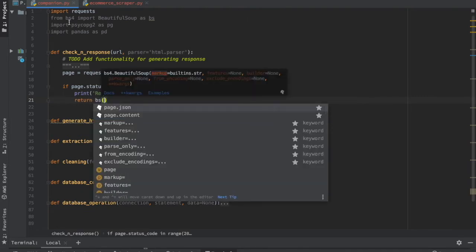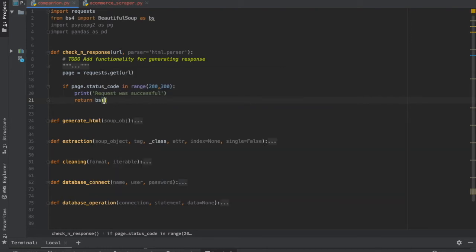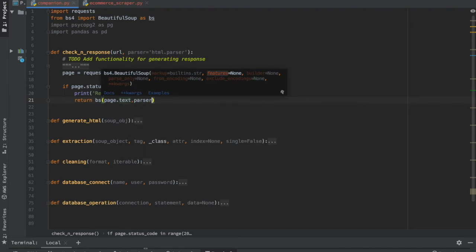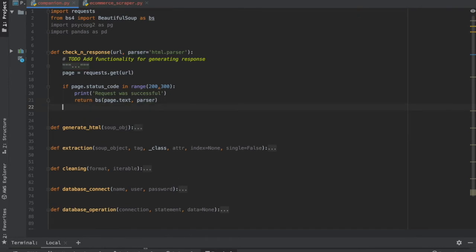I already have the libraries imported here, so you can see on the top all the libraries are there. So don't get confused about this BS and how I'm doing it. Page dot, you can see that all suggestions came up for me. Page dot text I'm going to use, and the parser is already there. That's the default parser. If you want to use any other parser or any other format, you can just describe it and change the function for it. In this, I did the calculation in one place, stored it into a variable, and used that calculation for doing all the stuff.